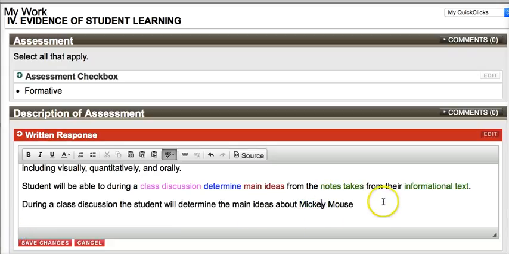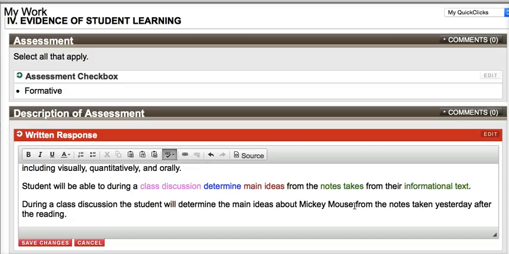M-I-C-K-E-Y, M-O-U-S-E, from the notes taken yesterday after the reading. Okay, so this lets you know that they read something on Mickey Mouse yesterday, they took notes on it,